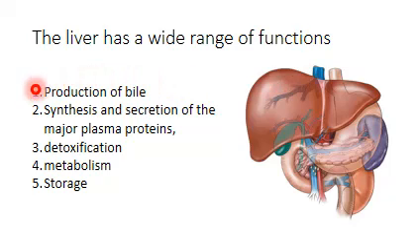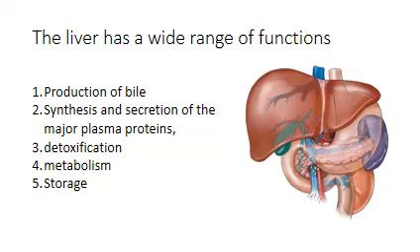The liver has a wide range of functions. Maybe the most important of them is the production of bile, a complex substance that is important for the uptake of fat from the small intestine. However, it also has an important function in the synthesis and secretion of plasma proteins, detoxification of a large number of toxins that can enter our body through the digestive tract, protein metabolism, carbohydrate metabolism, and fat metabolism all take place within the liver, and finally storage of a large number of molecules, mainly vitamin A, vitamin D, and vitamin B12